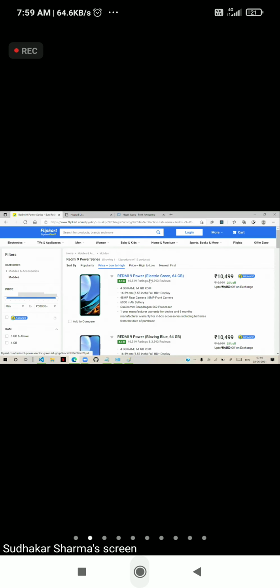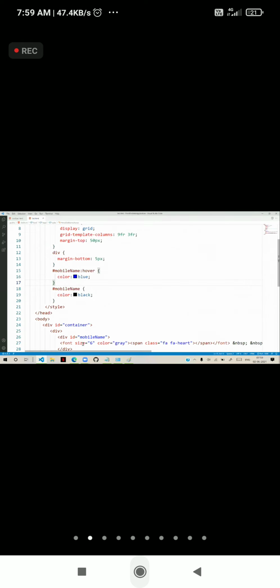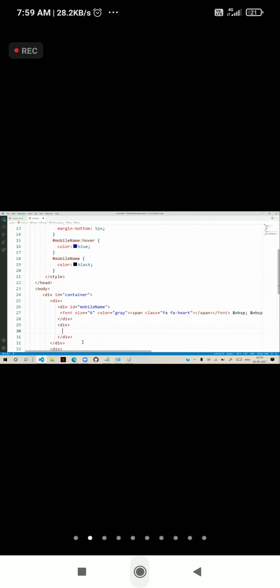This is all we are designing by using font. And now below that, we have this sentence to display. So below this div, we will add another div, and in this div we need to keep the other sentence. In this, we are creating a span. In the span, we will give 4.3. For this span, I will give an ID rating. The rating is the ID given for that 4.3.